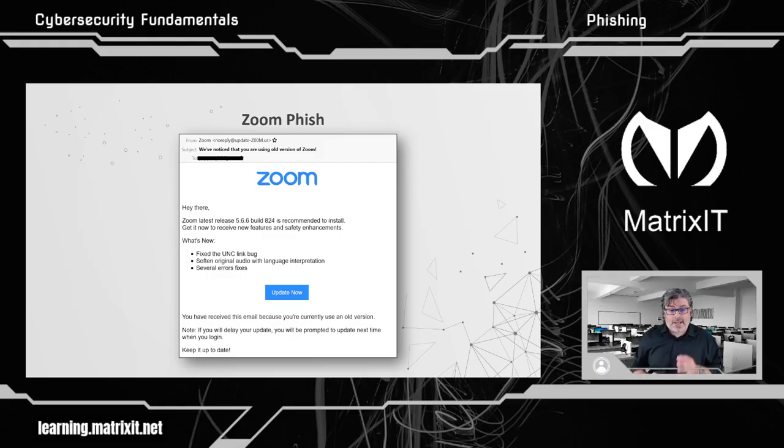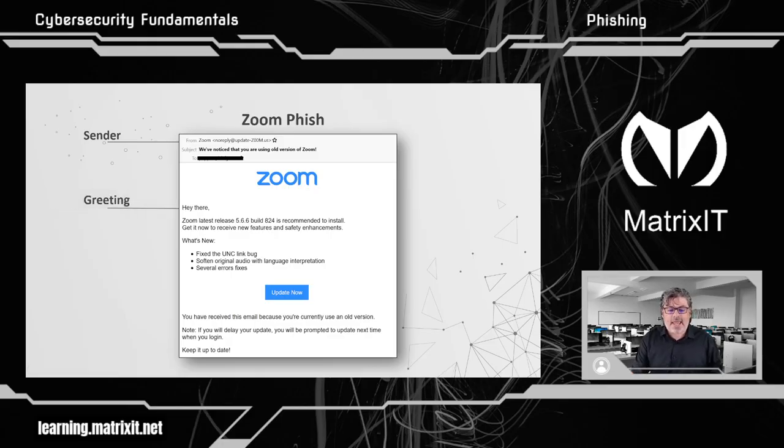The first thing that we do when we get an email is look at who it's from. Now it's not just this here. It says Zoom right here. But if you look at the email address, Zoom has got two O's here, zeros instead of O's. Let's say they did a really good job in masking that. All right, so that's one thing we look at.